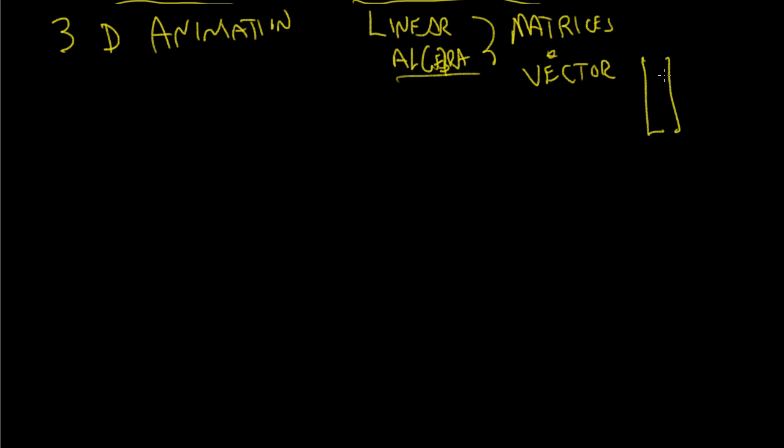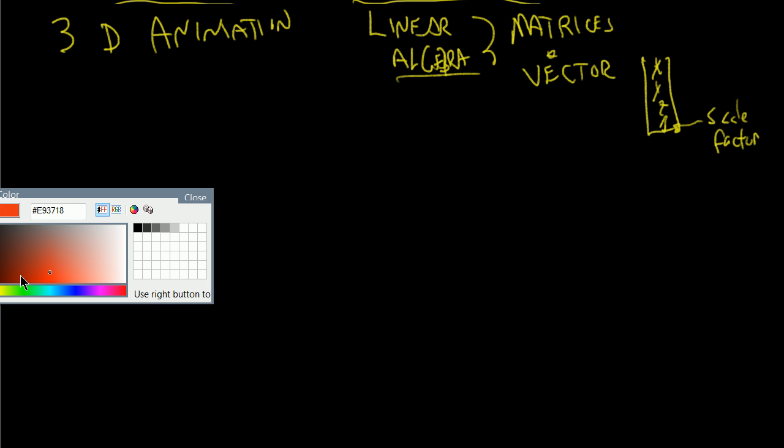This is a vector. Typically, we're going to deal with x, y, z, and then 1 as the scale factor. So this is not time. So x, y, z, and 1, talking about 3D animation, and also getting back to the fact that where our kids are is that they know that, and this is not red, but it'll be close enough, our kids know that